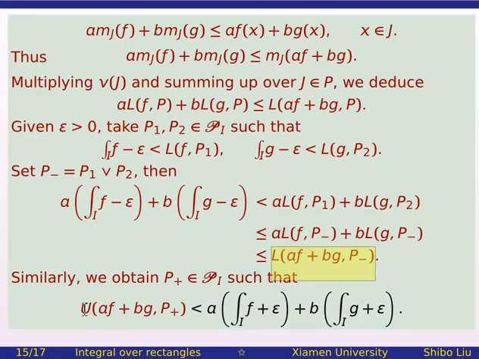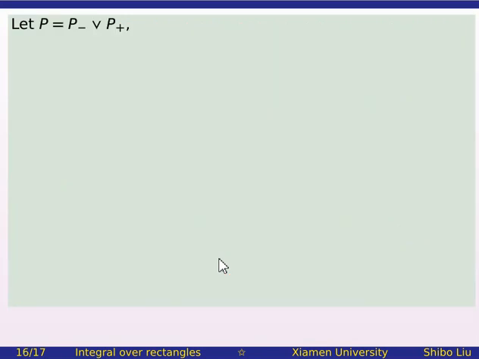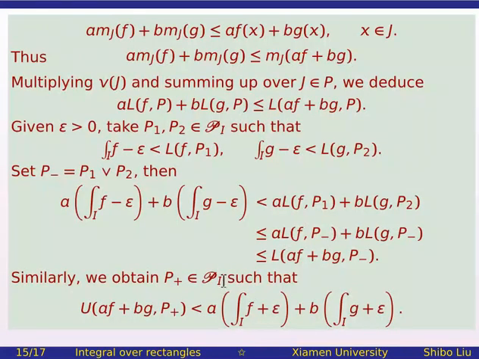And for the upper sum, we increase the integral of f and g slightly, and then we will have this inequality. So combining these two inequalities, we will obtain, because this is with respect to different partitions,